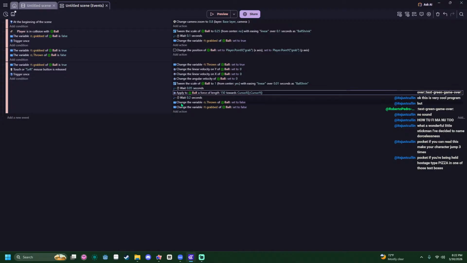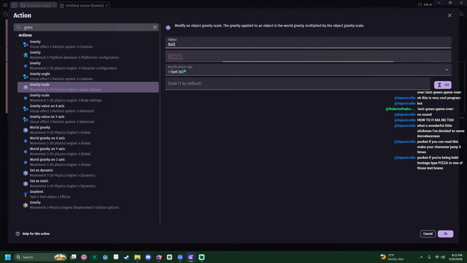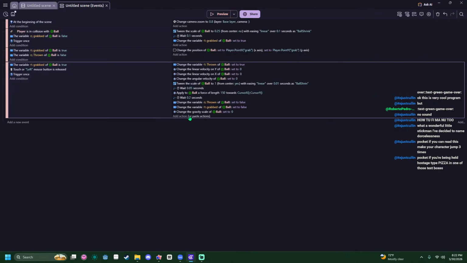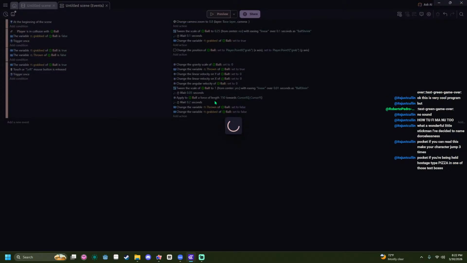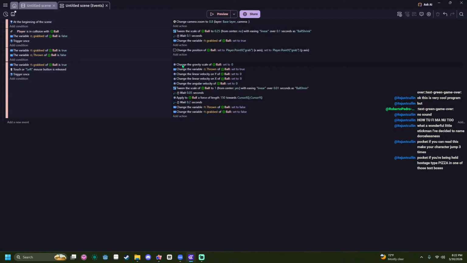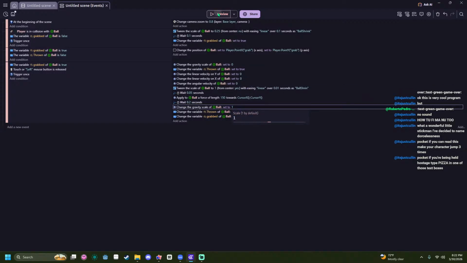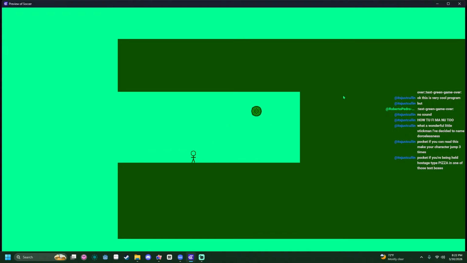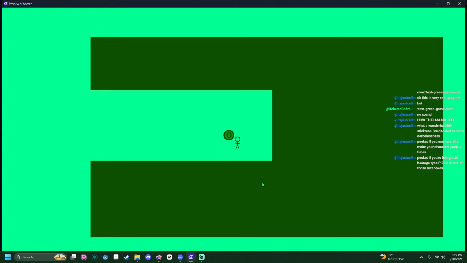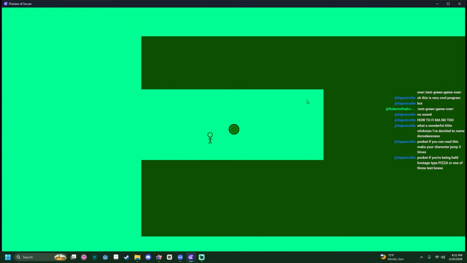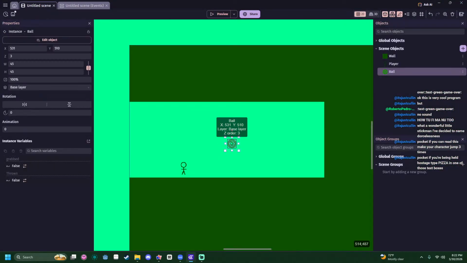You know what else I want to do? Gravity scale of ball set to 0 whenever you throw it. All right, let's just see if that works real quick. Yes. Now wait the 0.5 seconds and then actually wait the whole time and then set it to 1. No, now it kind of stays straight for a little bit so you can aim your shot and hit it easier. But I think I want it to be even bouncier.